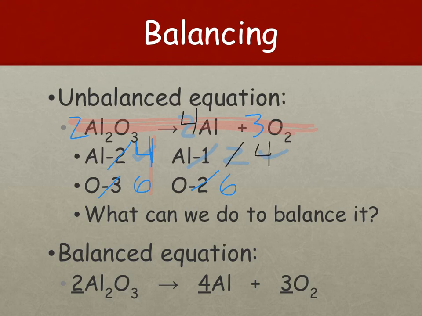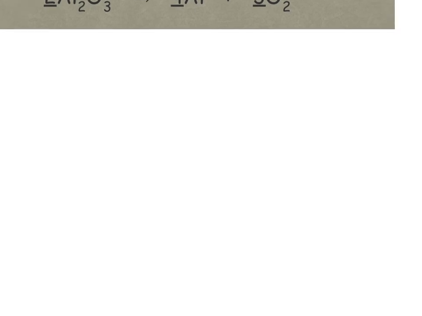So do you see how I had already balanced the aluminums and then I had to go back and fix it? Sometimes that happens. It's not a big deal. You'll get to the correct answer, but sometimes that happens. If you continue working through a problem and it is not balancing out, then your formulas are probably wrong. Okay, so I'm going to write that down